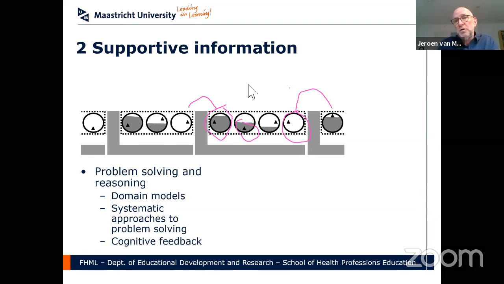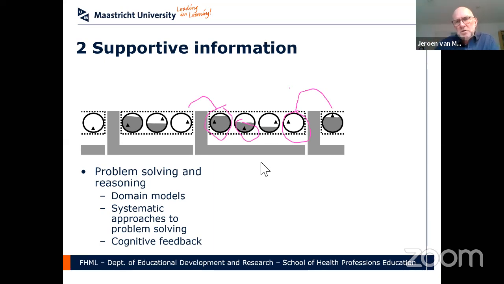But in problem-based learning, some of you might be familiar with problem-based learning, students first study a problem and they define their learning issues, and then they study the supportive information in what's often called the study landscape. And they go to a new problem, and again, they study the supportive information that allows them to solve the problem. In 4CID, it's both possible, but the general idea is that